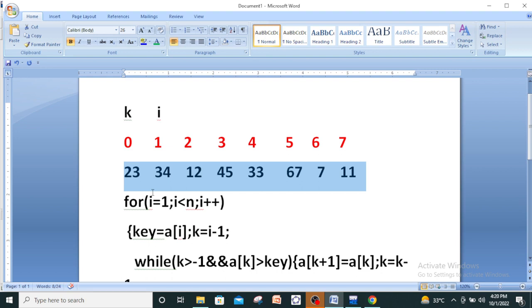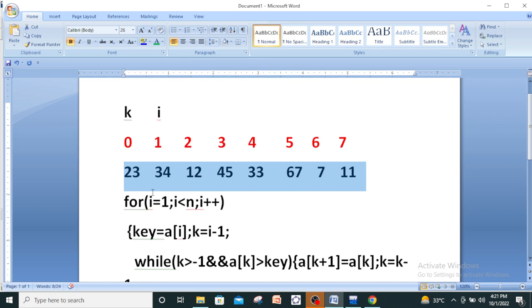You see 8 data in this blue area. So this is an array containing 8 elements, and we have to sort these elements. You see the elements under the blue area are not sorted,